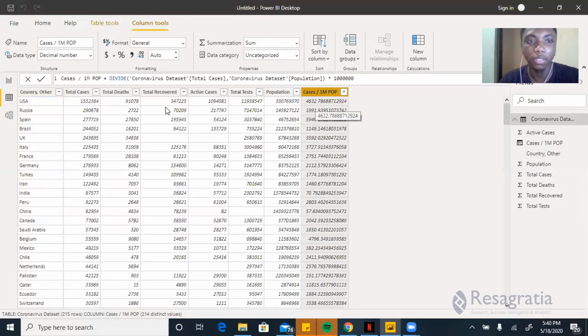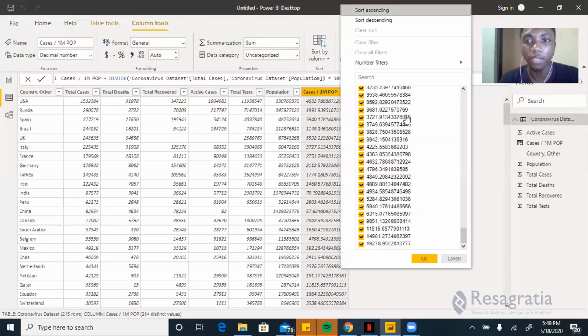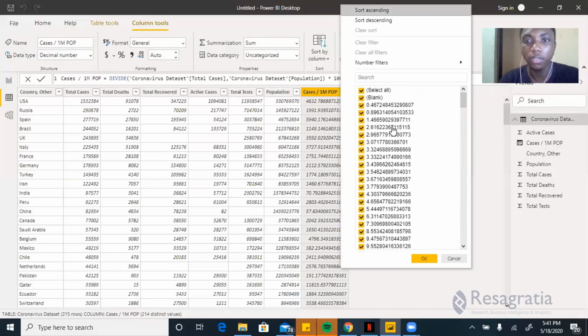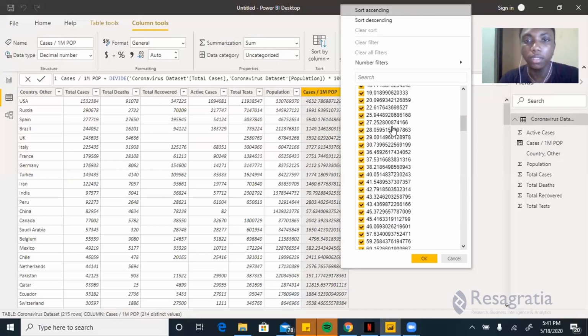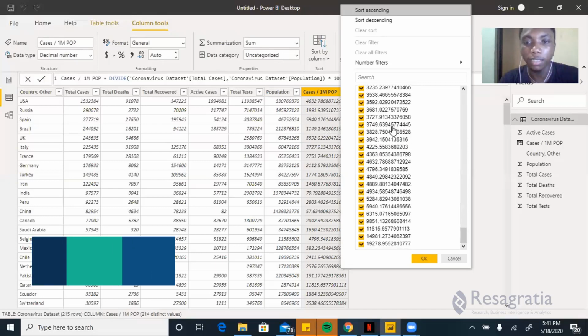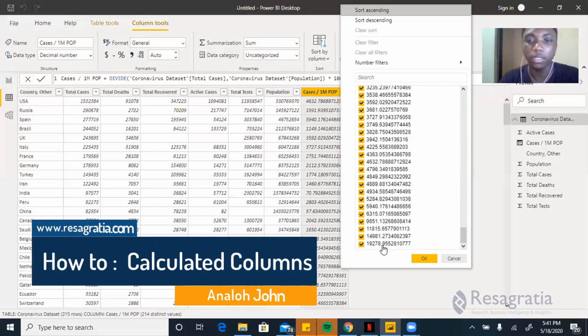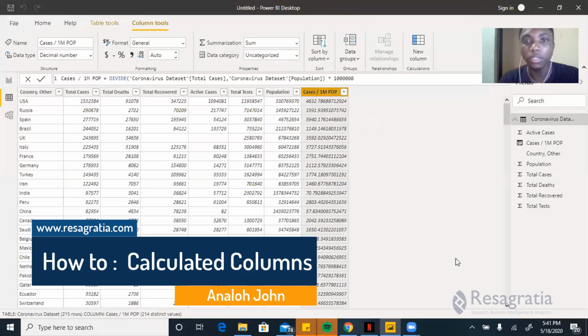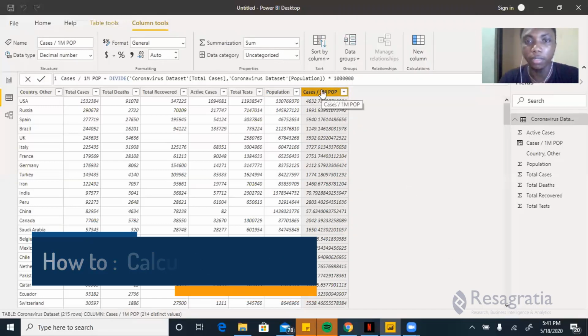So you can see for the USA, they have over 1,500,000 cases. But then when you normalize for every 1 million persons in the country, you can see that they have just over 4,600 cases for every 1 million citizens there. And you can see the sequence. And then if you click here, you can see the breakdown of everything from the lowest to the highest. You have some blanks there actually. And then you can see the highest at 19,000. This is a lot. Okay, so now we have this calculated column that we created ourselves, just normalize